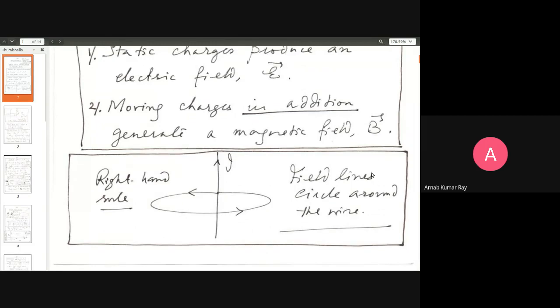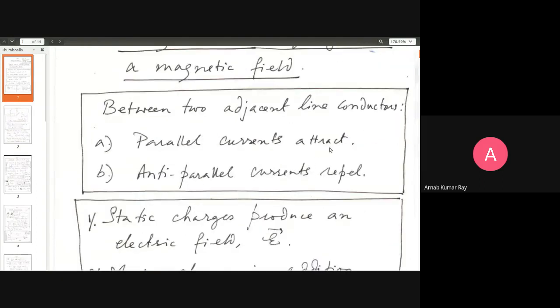Now let us look at one physical phenomenon which we shall keep referring to, observed physically. Remember, we are doing physics once again, and in physics there is no such thing as a mathematical first principle. First principles always come from nature through observations. This is an observational statement. Parallel currents attract and anti-parallel currents repel. Like, let us say, two charges of the same sign repel and two charges of the opposite sign attract each other. This is not a theoretical idea.